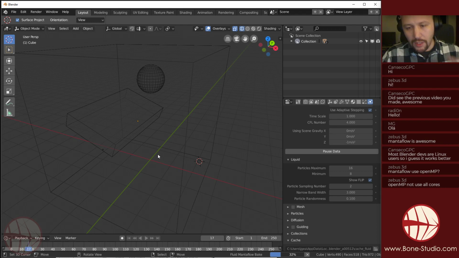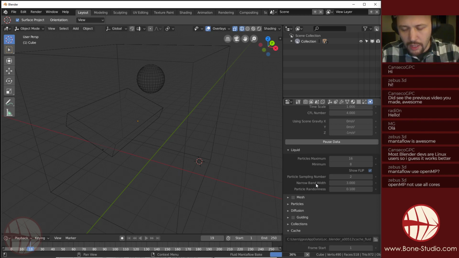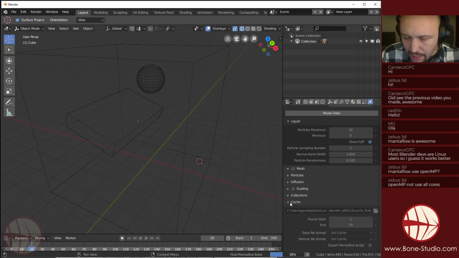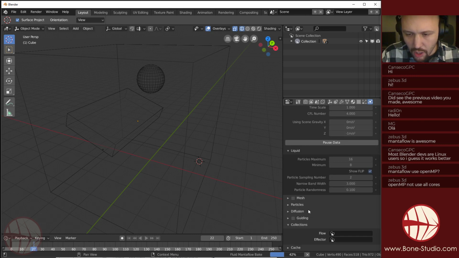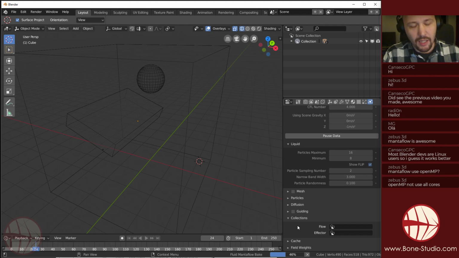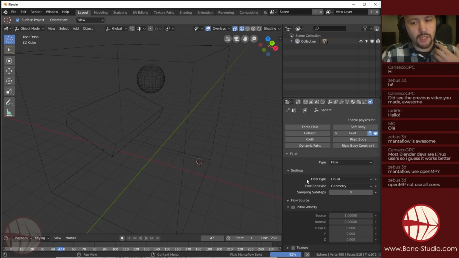So what's cool about Mantaflow in Blender 2.8, apart from using Eevee, is that we have one new option, which is collections. And what does this mean? This means that we can have multiple domains in the same scene with multiple emitters and they will not affect each other. In the past, when you had, for example, a liquid domain and a smoke domain, and you had a liquid emitter, and you simulated the smoke domain, you got smoke from the liquid emitter. And this is not correct, because my emission is configured as liquid, not as smoke. So right now we can separate the simulations